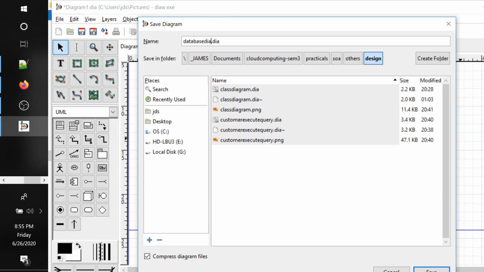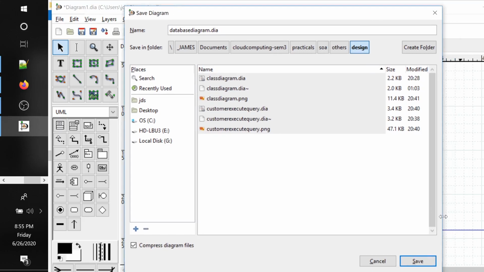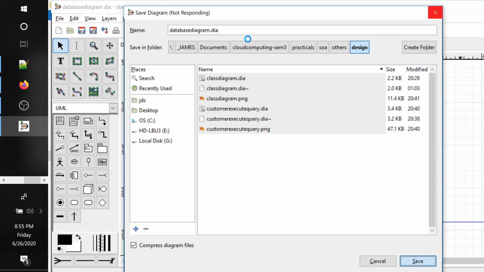So download this tool Dia and open this diagram in this tool. I will share this file with you. Why it's not saving?